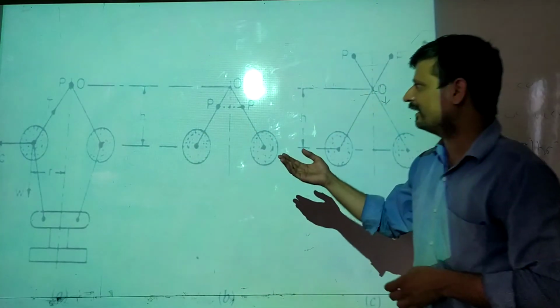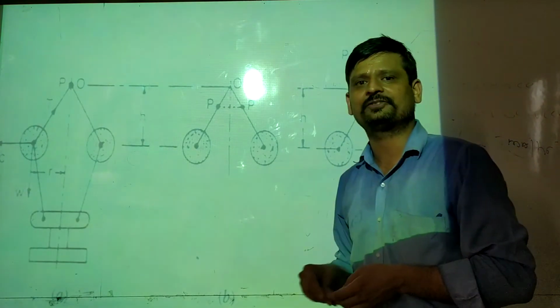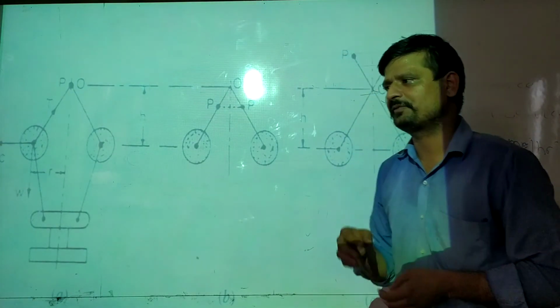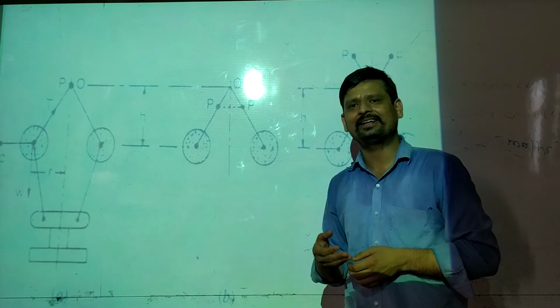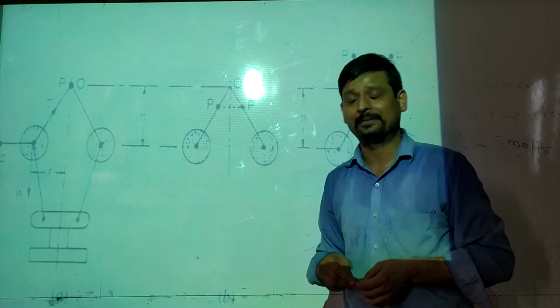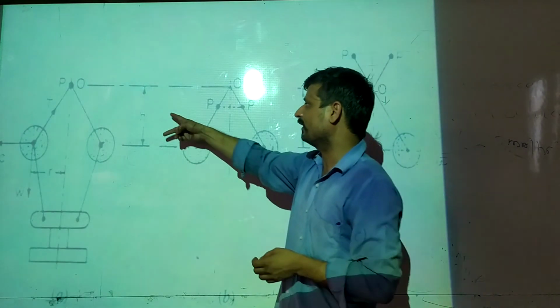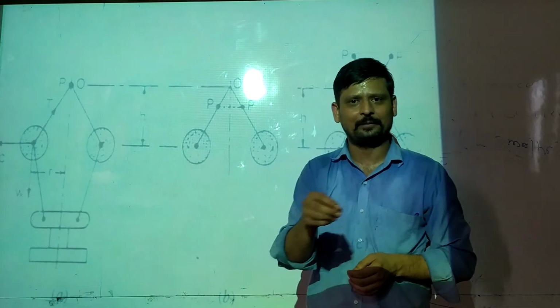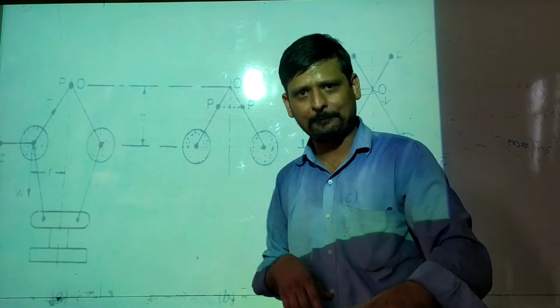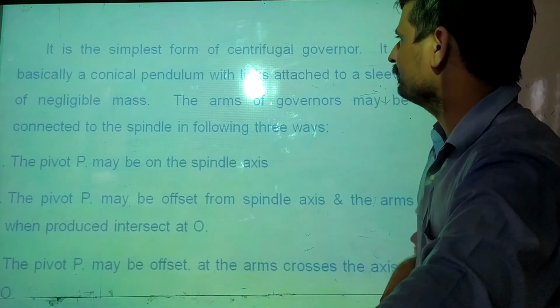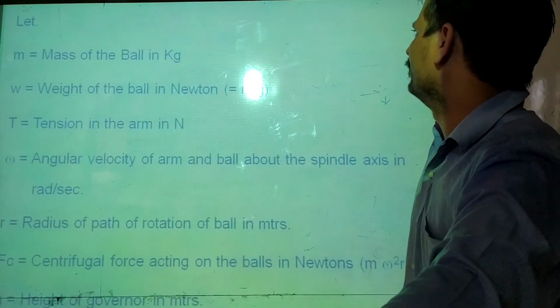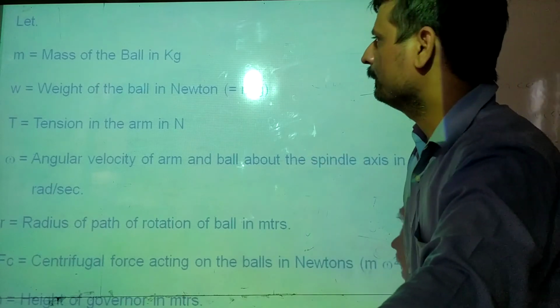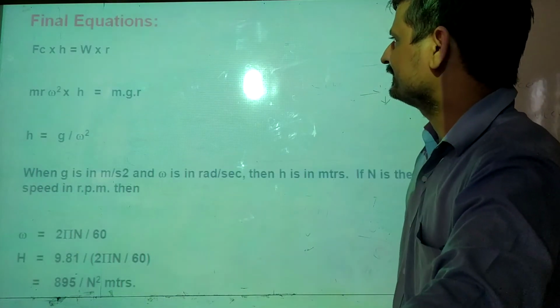These are a few of the terminologies which we consider while doing the calculations of the Watt governor, meaning up to what height or what speed this governor or any other type of governor can be implemented in an application. So move on. Now consider a few examples, a mathematical expression.